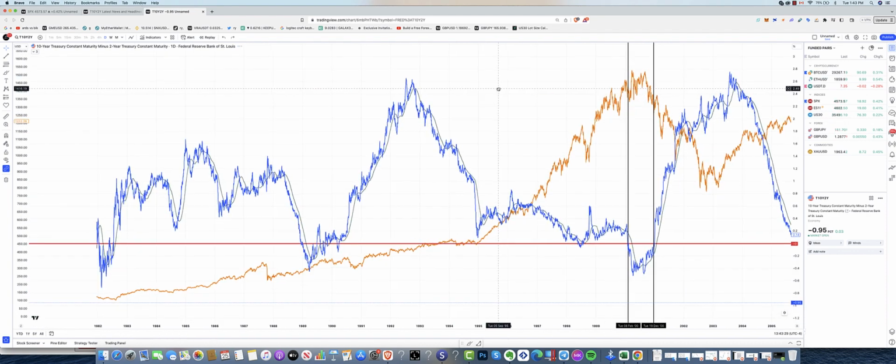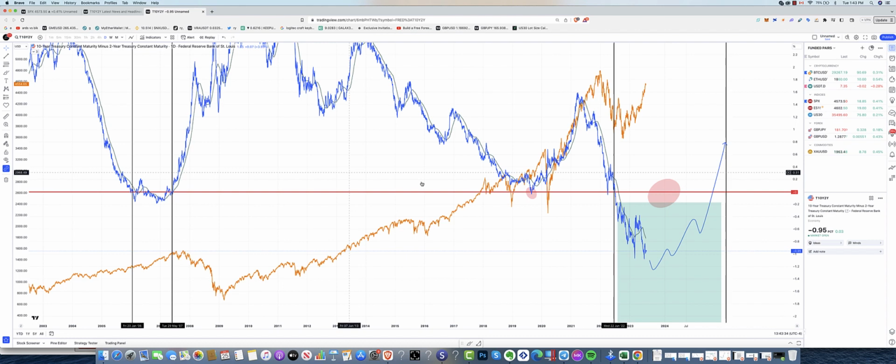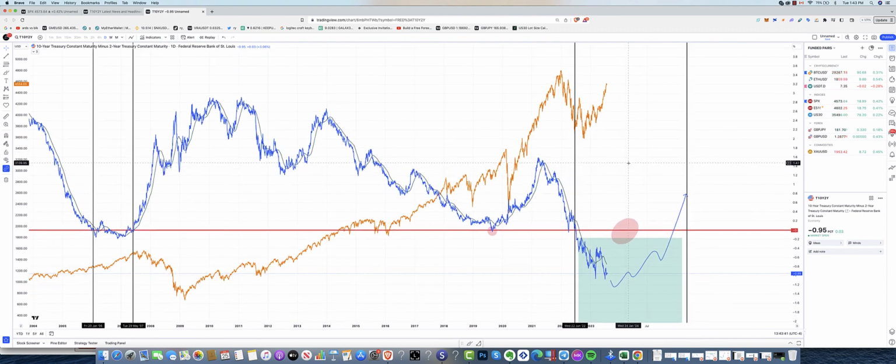So the reason why I'm showing this is because currently where we're at is we have the yield curve in an inversion. This is a steep inversion. It doesn't mean right now we're going to actually have a recession or anything like this. It could be 2 or 3 years from this video, but this is something that we need to be paying attention to. Once the yield comes and breaks out to the upside, the price of assets, the stock market, will definitely have an impact.